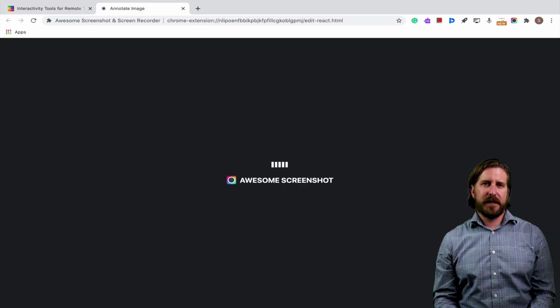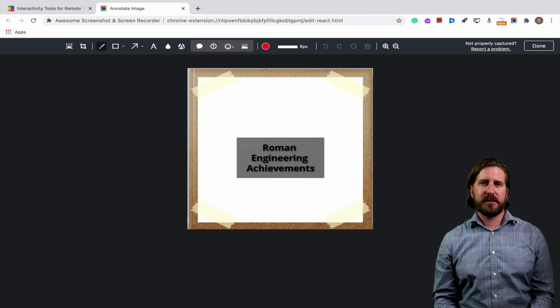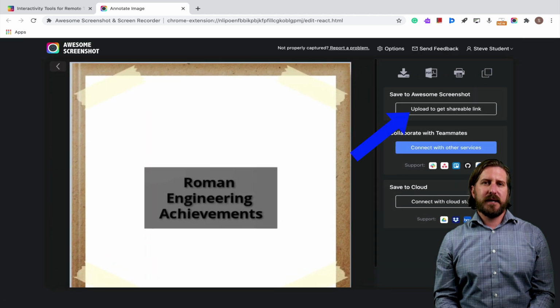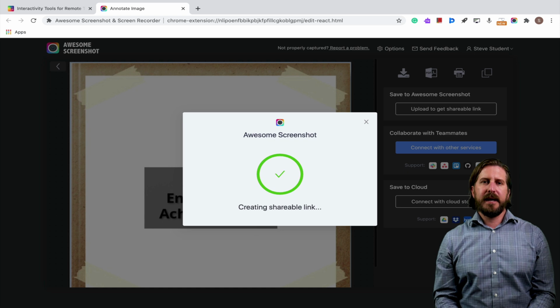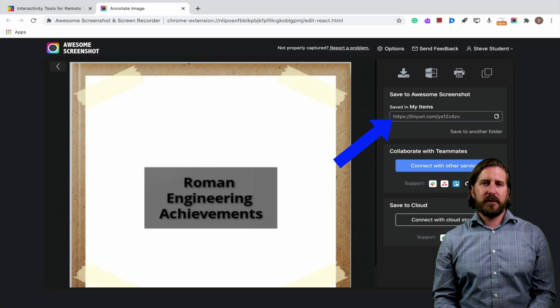Now, of course, up to this point, that's not any different than just having students use keyboard shortcuts. But of course, it is easy to just open up that extension. And then once they've created the screenshot, they have lots of different options for ways they can interact with it. So they can do things like draw or add text directly on top of that screenshot. And then if you have students upload the screenshot, they'll be given access to a shareable link that they could share directly back with their teacher.